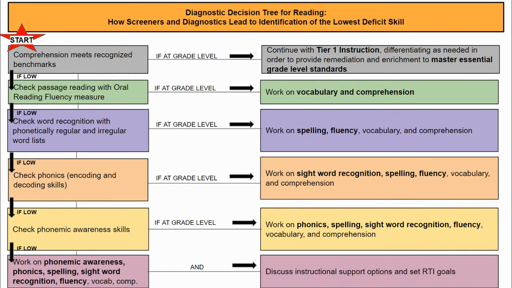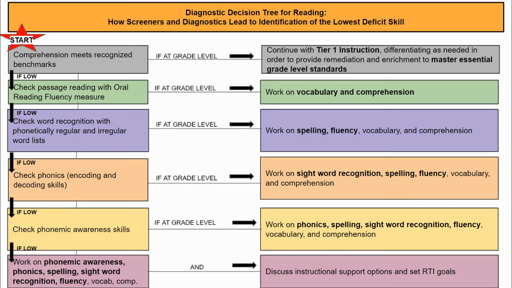It's also a great day to learn about our diagnostic decision tree for reading that helps us understand how screeners and diagnostic assessments lead to the identification of the lowest deficit skill for a scholar. The diagnostic decision tree is a tool for educators to use with students in grades 3 and above. The decision tree helps us as educators determine where intervention needs to occur for students in order to comprehend and